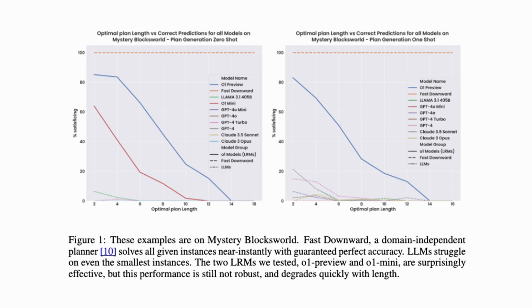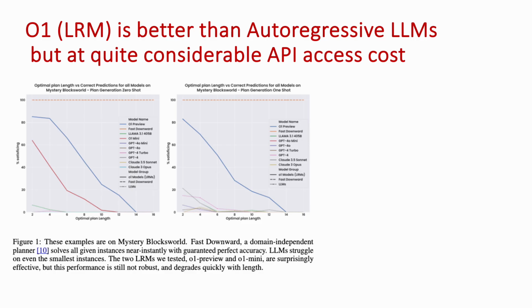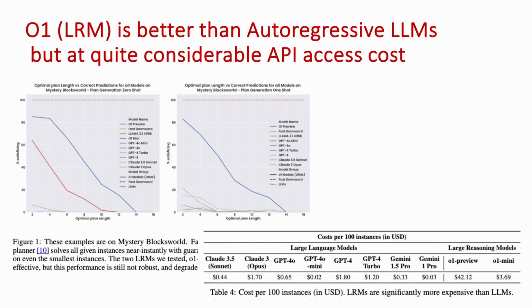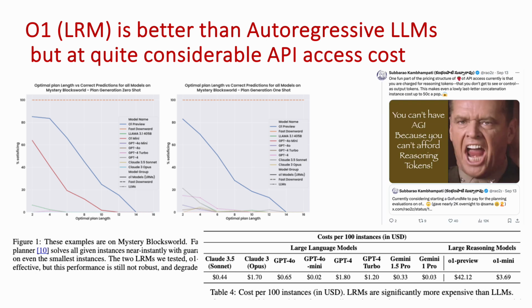The other result is probably not as relevant now because the costs kept coming down over time. But at that particular point in time, we could talk about the cost to access these models, and obviously O1 and O1 preview were significantly costlier. The out-of-pocket cost was much higher to get the same level of accuracy. The joke that we had was, you can't have AGI because you can't afford AGI, because you need a really, really big account to keep paying some amount of money.